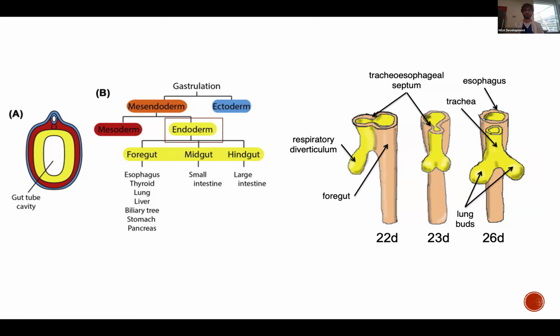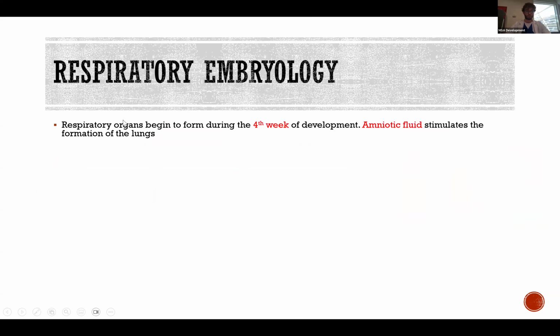But there is a condition that causes babies to be born and still have the tracheoesophageal septum. We call this condition tracheoesophageal fistula. A fistula would be abnormal. For those of you who like text, the respiratory organs begin to form during the fourth week, more third